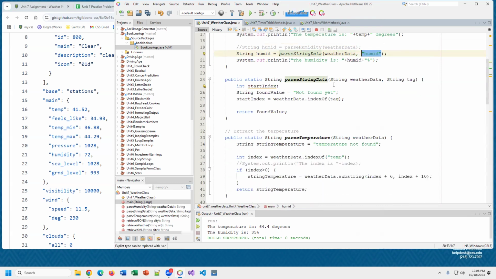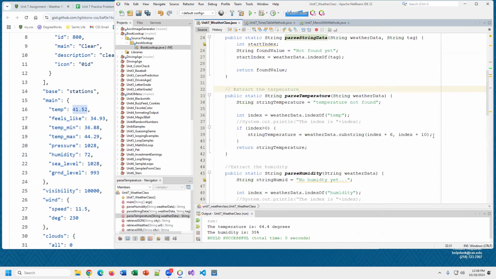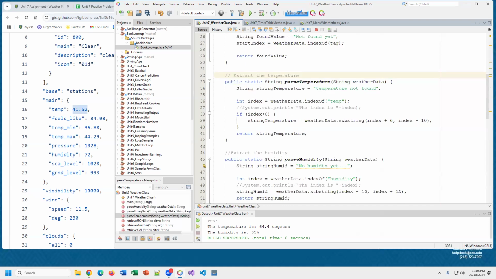And then parse string data should look through this data, find it, and extract the temperature here. It's going to look very much like this here, where we find the index and then we base that. Now, one challenge is that